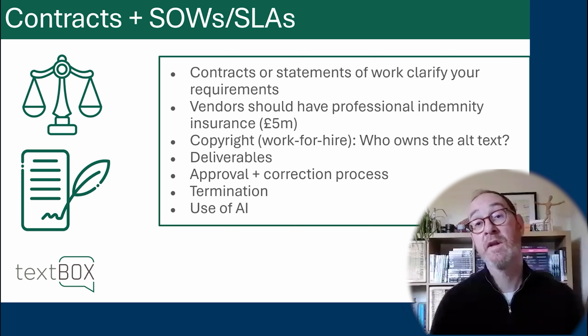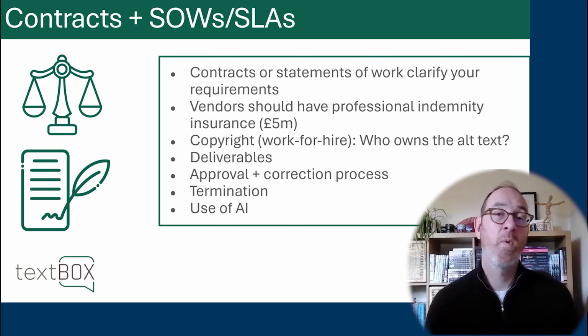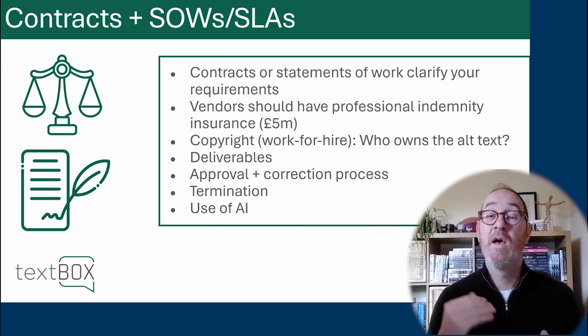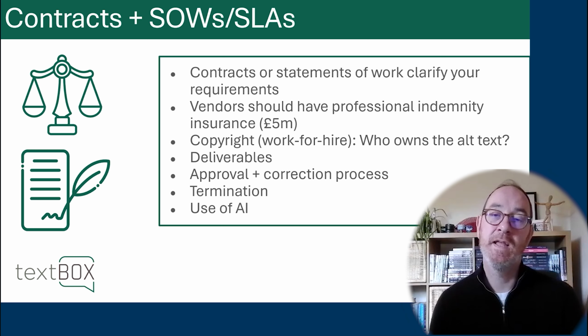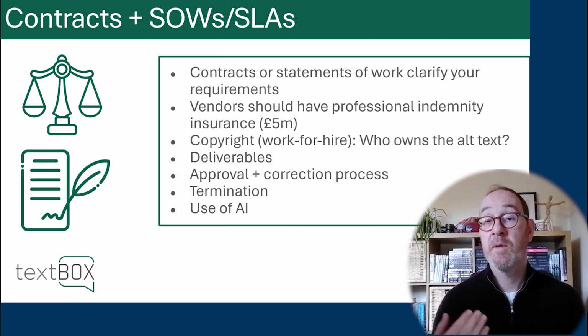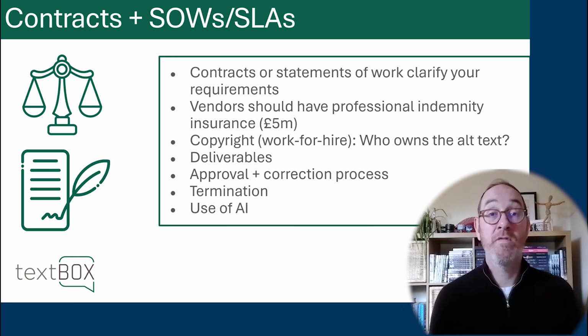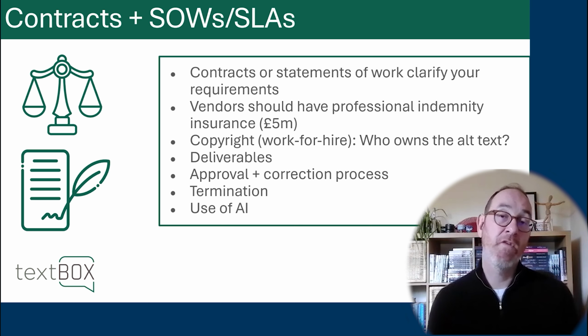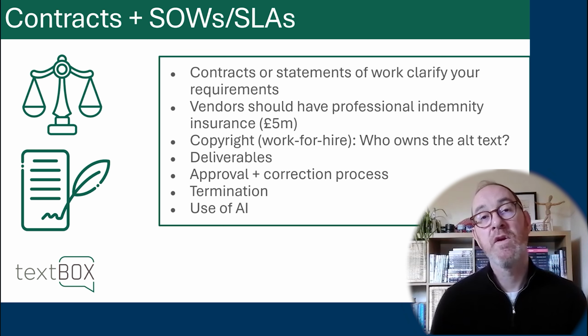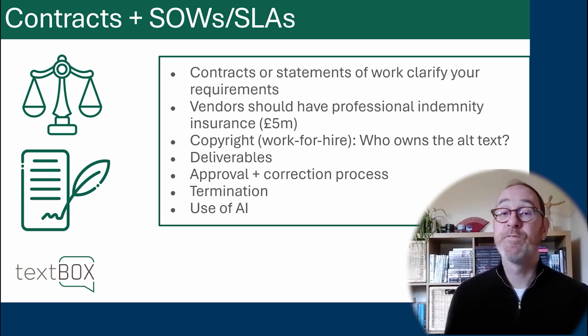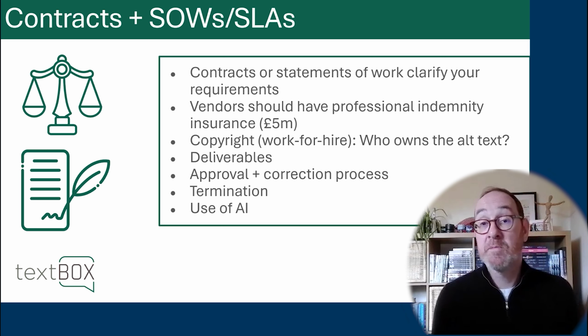Have details of the deliverables that you require. So we require a Word document or an Excel document, and make sure that's listed out in the clauses of the contract. The approval process. If you don't approve the content that comes through, is there a clause that specifies that it should be corrected by the vendor? Very important for making sure that your content is exactly what you want. A termination clause, sometimes the termination of a contract is required, and make sure that that's included.